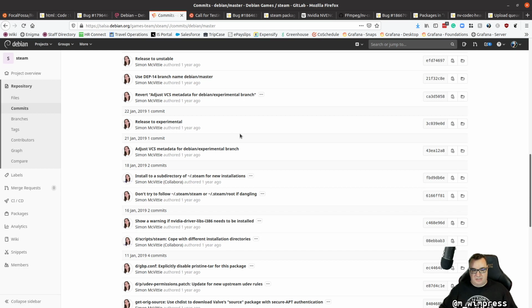tree of changes, and then I had to manually merge them into the Ubuntu packaging for Steam, which I did using Meld, which some of you will have seen the other evening. It's a nice way to do a graphical diff. And the reason I had to do this was because